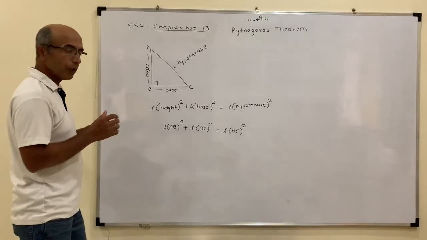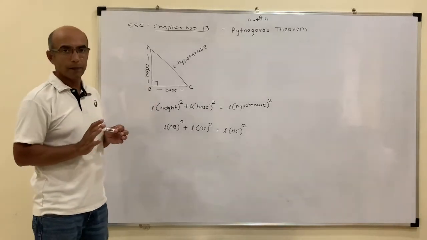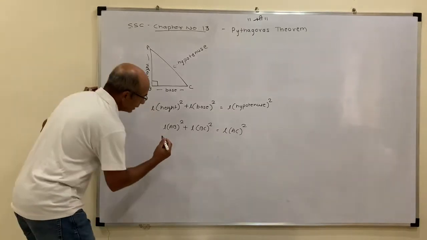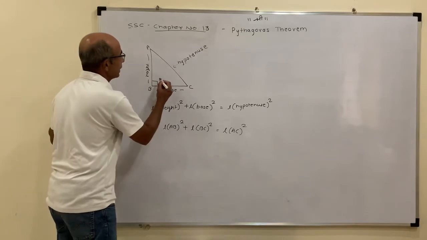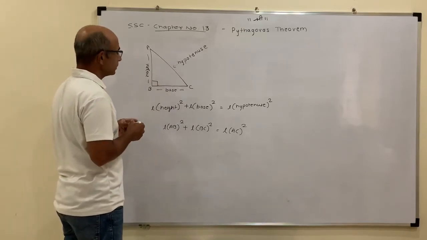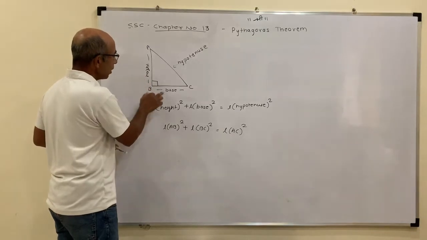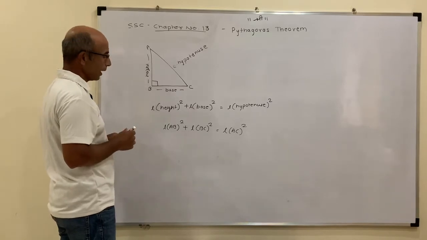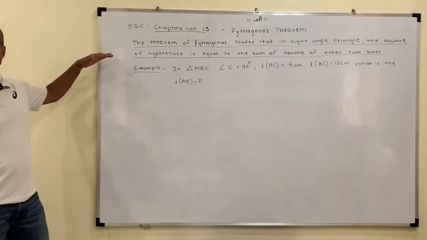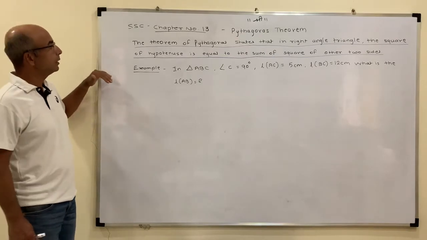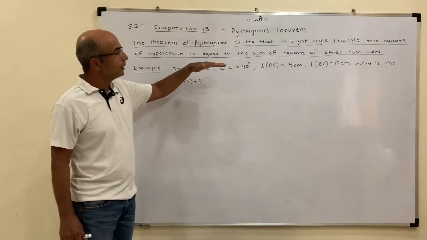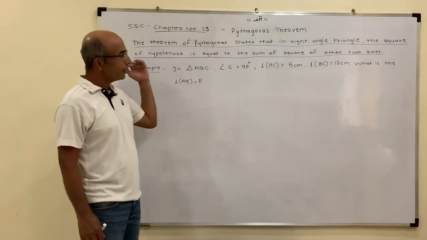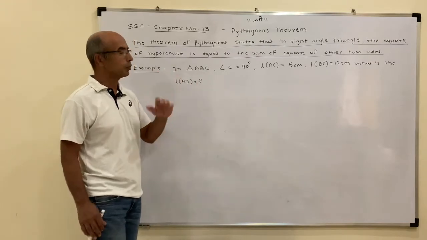As I mentioned before, you make a separate list of the formula. So, in other words, Pythagoras theorem is: the side opposite to 90 degree, square of that is equal to the addition of the other two sides square in case of a right angle triangle. What the Pythagoras theorem states is that in a right angle triangle, the square of hypotenuse is equal to the sum of square of other two sides.